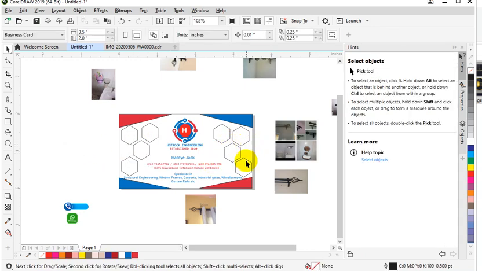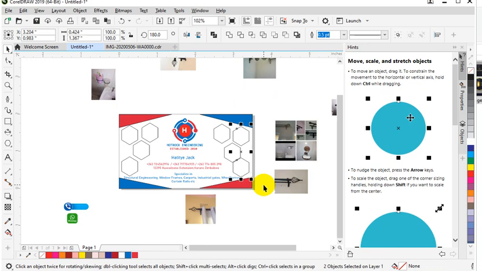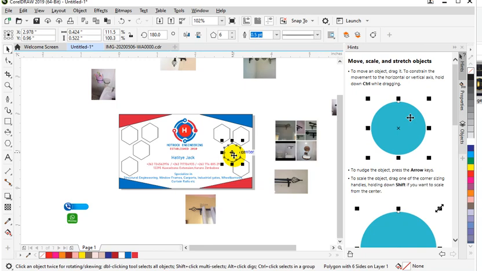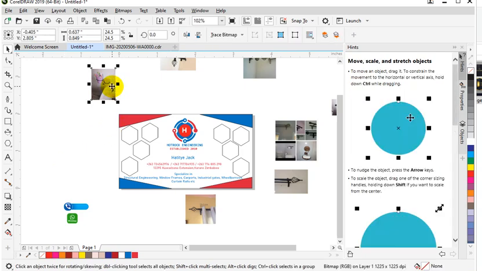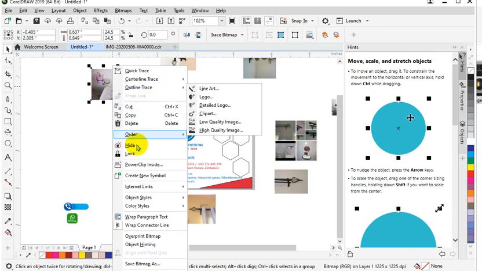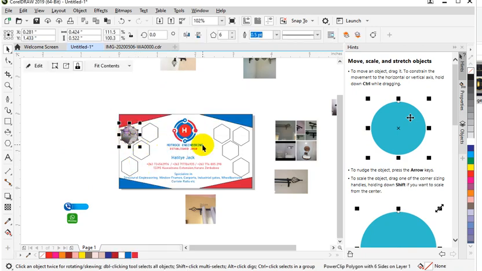So I can do the same. I need to align these ones to the right. So highlight them, then press R to align them to the right. Then you move this one into the center right there. So as you can see, I now have my polygons. Now I want to put these pictures inside these polygons. So right click on any picture, then PowerClip inside. So do that as you gather all your images. Put your images in the polygons,